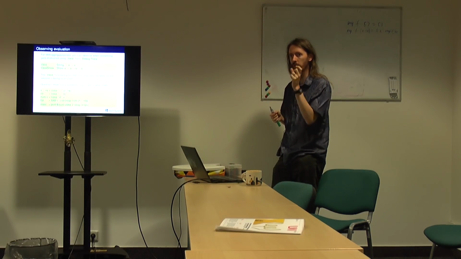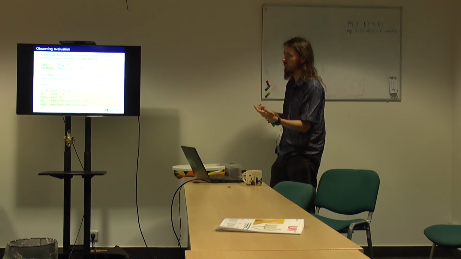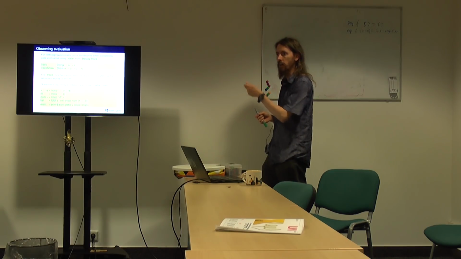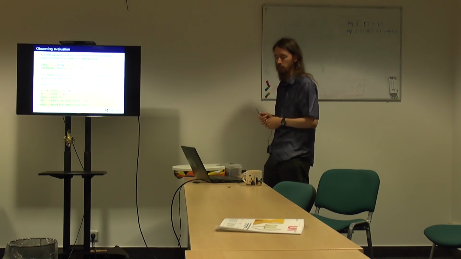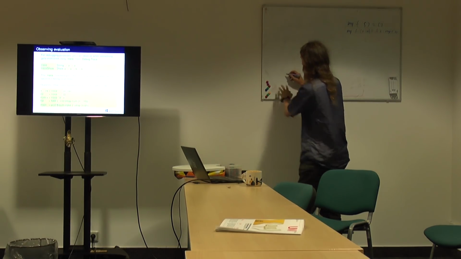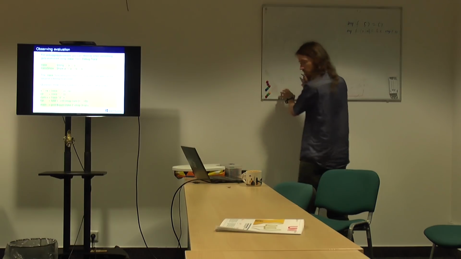Remember that what fold-R is really doing is replacing all of the conses with the one argument and all of the nils with the other argument. In this case, of course, that's replacing the real cons with our tracing cons, and the real nil with our tracing nil. So what we will end up building up here, if you want to write out the equivalent list, equals